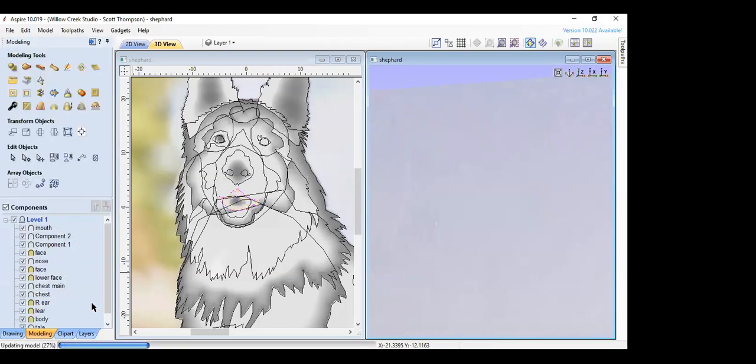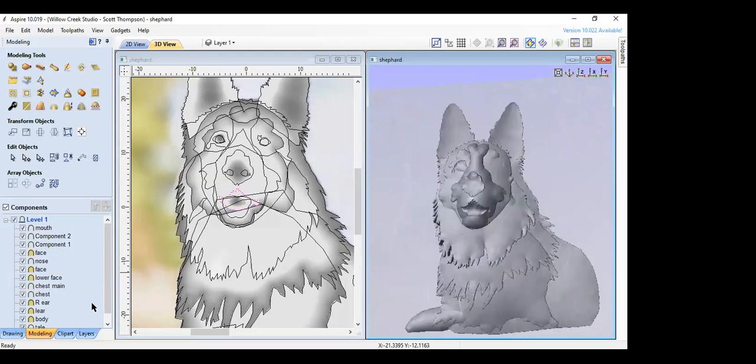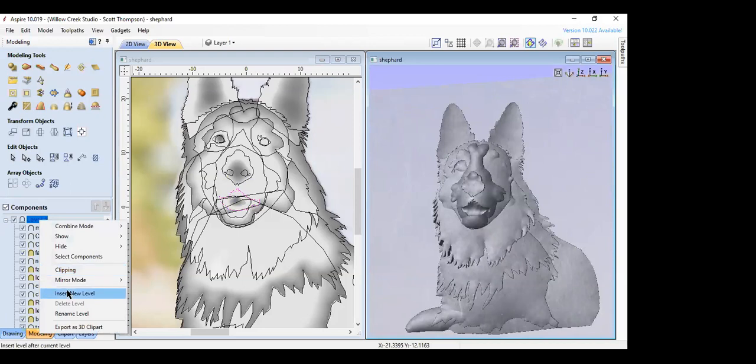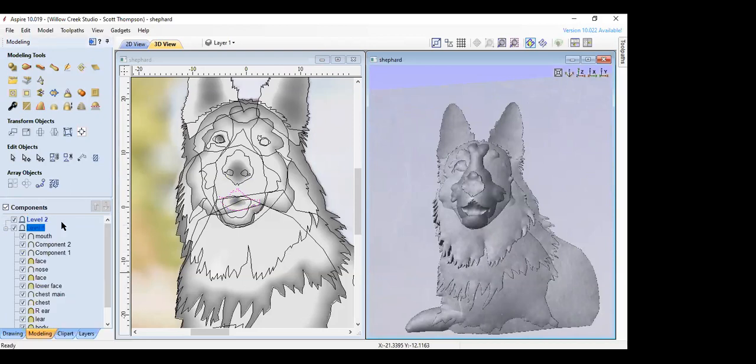So here's one of the great new upgrades that came with Aspire 10.2, I think, a year or two ago. I'm going to add another level in here, and I'm going to hit insert new level. Now I have another level. It used to be I had to take all these components and save this like this, and I would call it the component file so I could play with them individually. Now they have this thing that says combine, create a visible model from everything visible. So I just click on that,